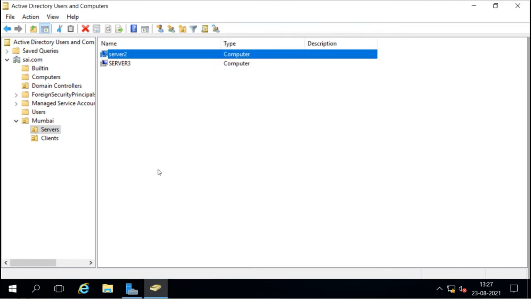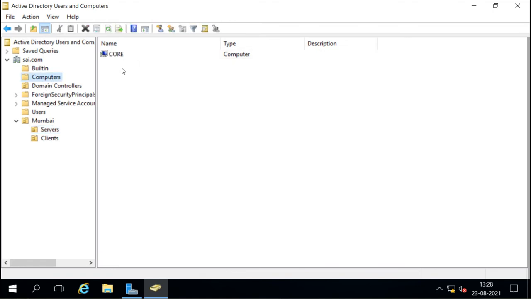So what it has done: we created the account before joining the domain, directly under this OU. So when we join the domain, the account is merged with that account here. It attached with this account. Otherwise, if we had not created the account under this OU, it would have been created under the Computers container. By default, every account goes to the Computers container. So if you want to move them to other OUs for better management, you can drag and drop them, or otherwise you can just create the account there and then join the domain.